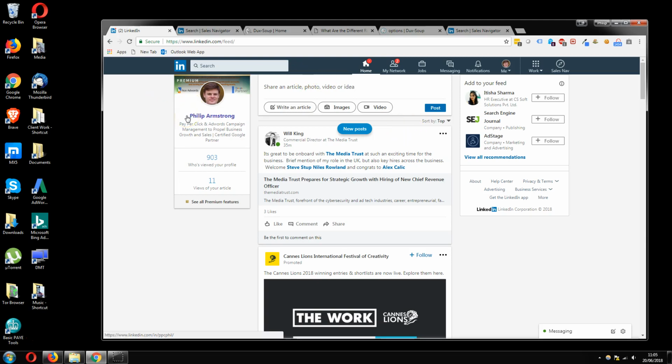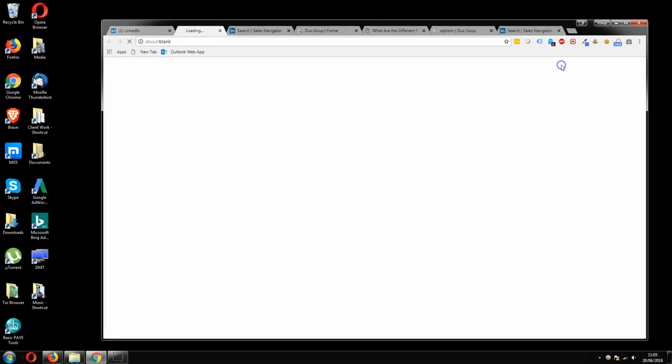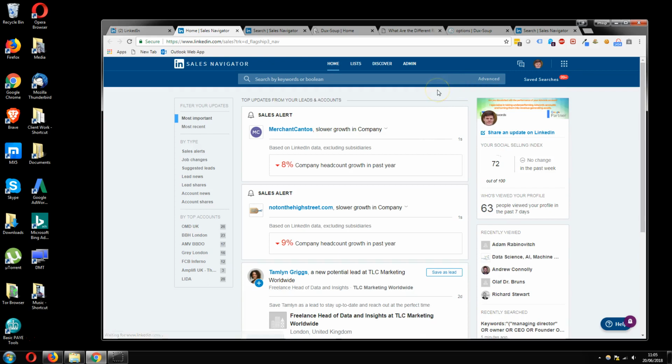It costs about £60 per month, and it just gives you the ability to search for particular individuals within your target market very accurately and to send bulk messages to a lot of the people within those searches that you've created. So Sales Navigator can be purchased within LinkedIn and then you can access it just by selecting the Sales